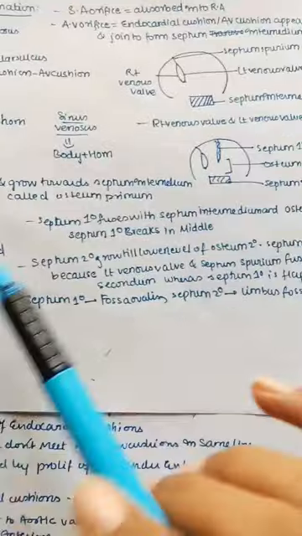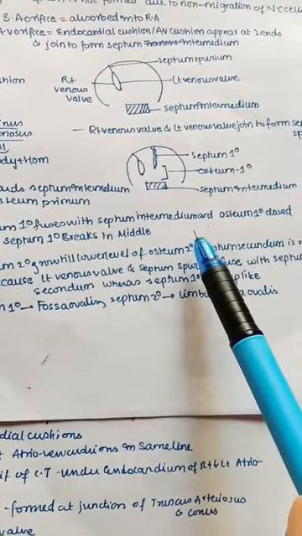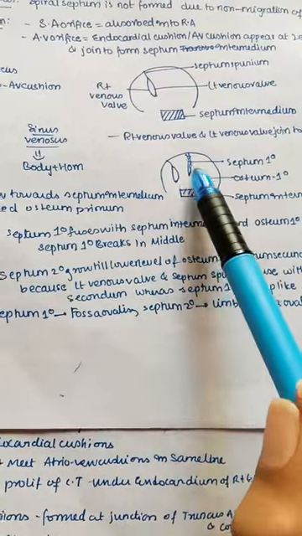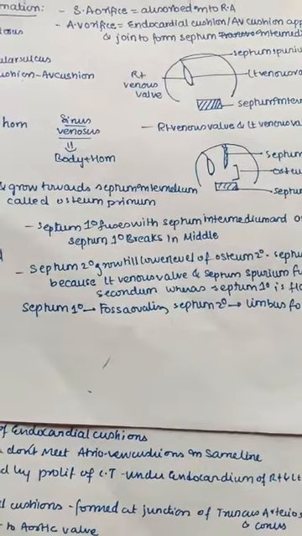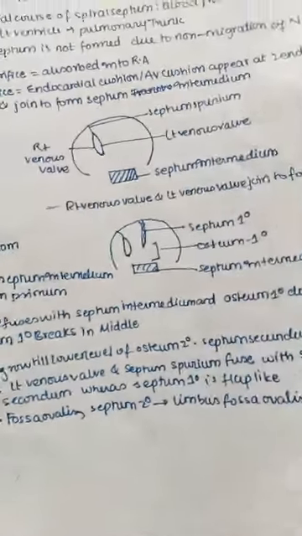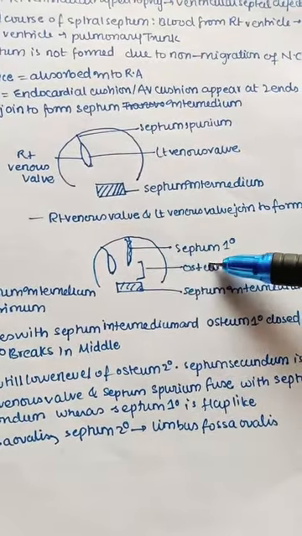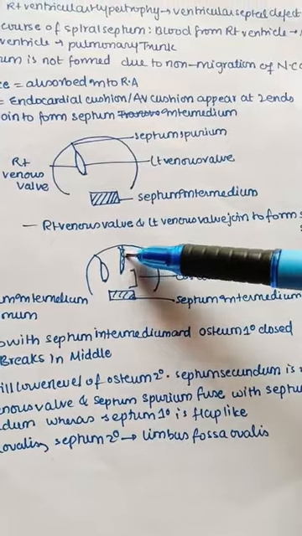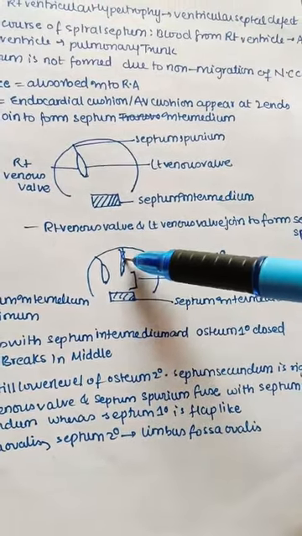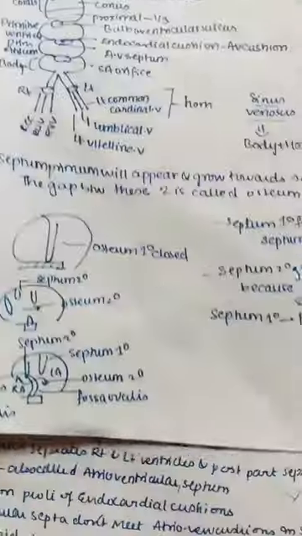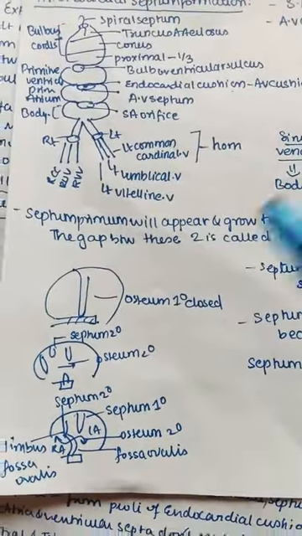And next the septum primum fuses with the septum intermedium. But the septum primum breaks in the middle in the upper part, and that is called as ostium secundum. So actually what happens is this grows and now it closes this ostium primum, but again in the middle of here upper part one more hole like structure forms. It is called as ostium secundum. We'll see in this diagram. So here you can see ostium secundum.